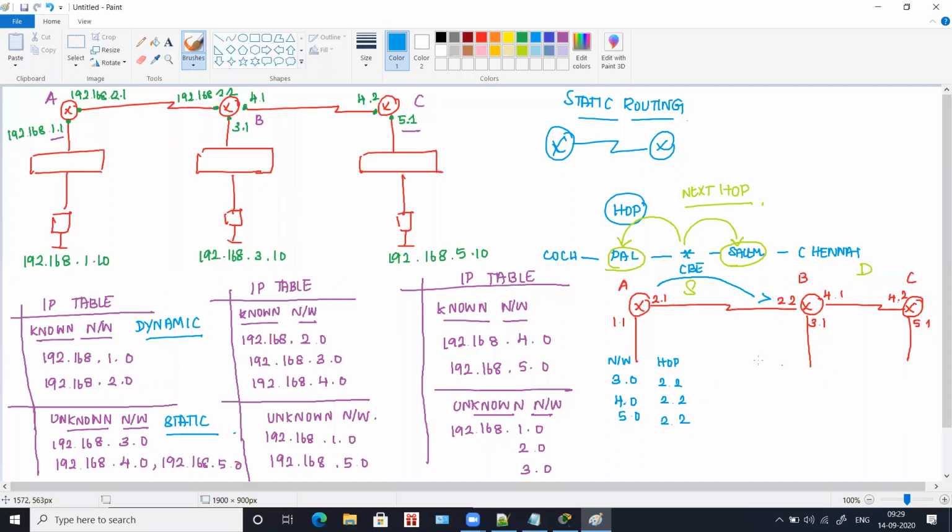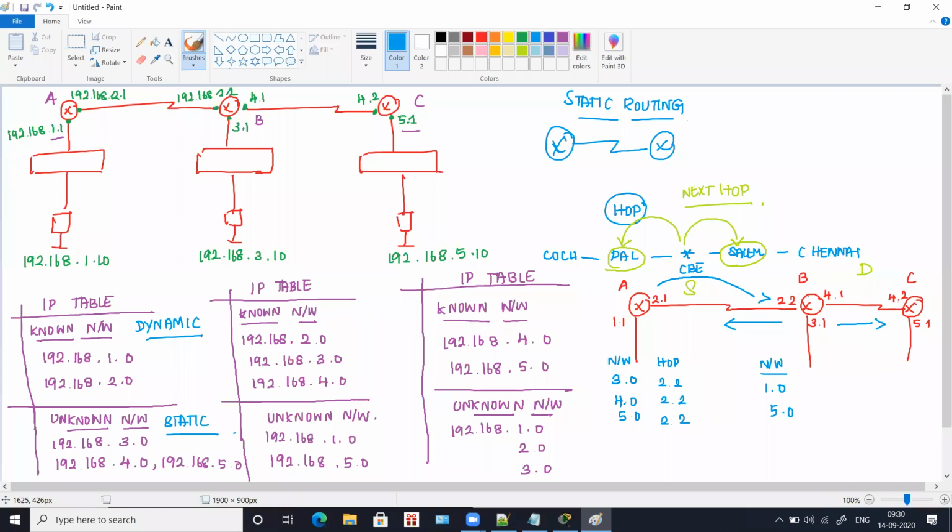Now let's take router B. For router B, the unknown networks are 1.0 and 5.0. Now for router B, there are two immediate next hops. The router can either travel this way or this way also.